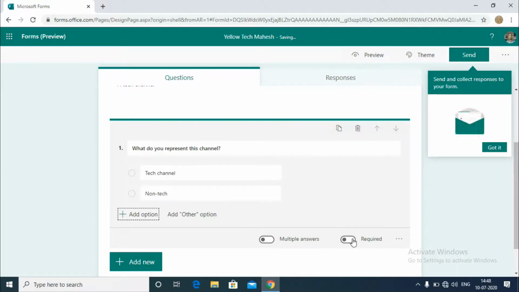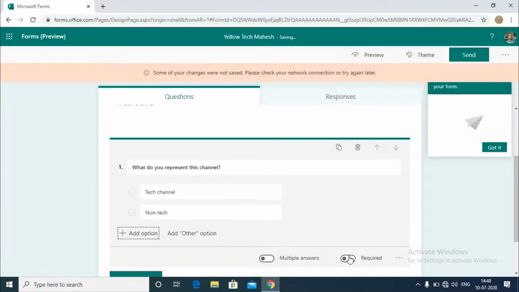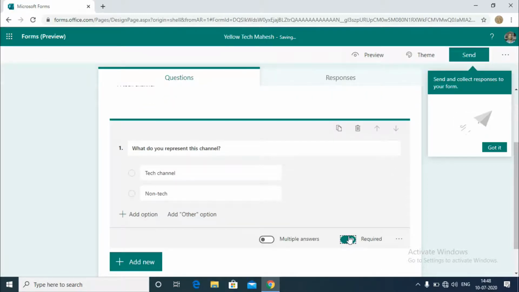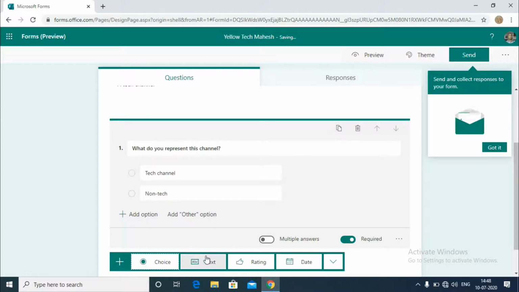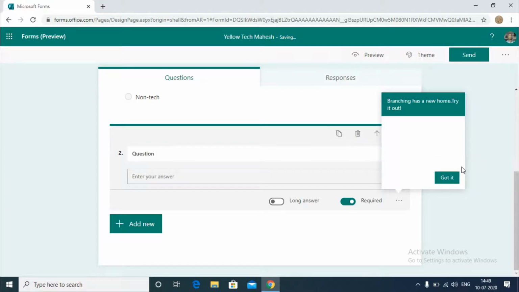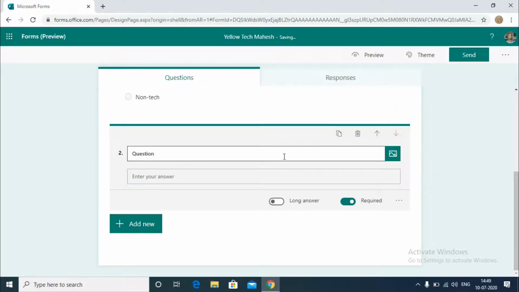And these are options, and if that question must be answered, you can click on required, so that the audience who are filling this must answer this. And I am just adding another question here. Now I am adding the text. First I added a choice question, and here I am adding the text.